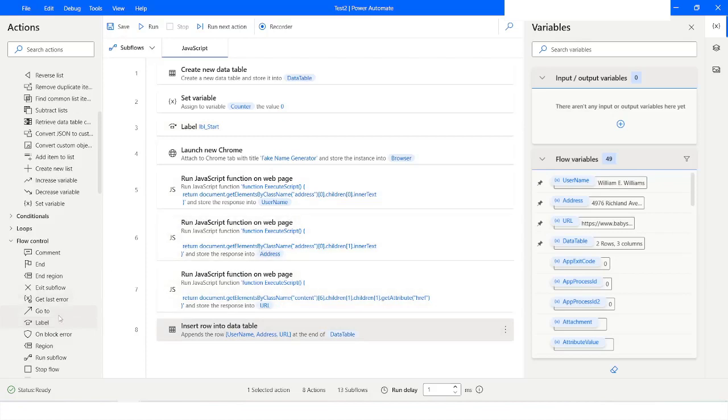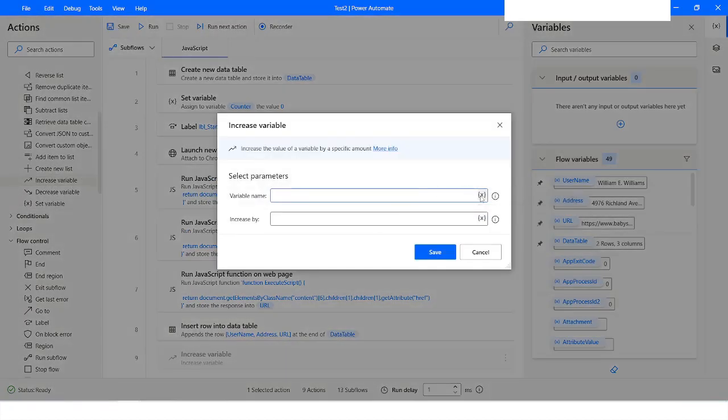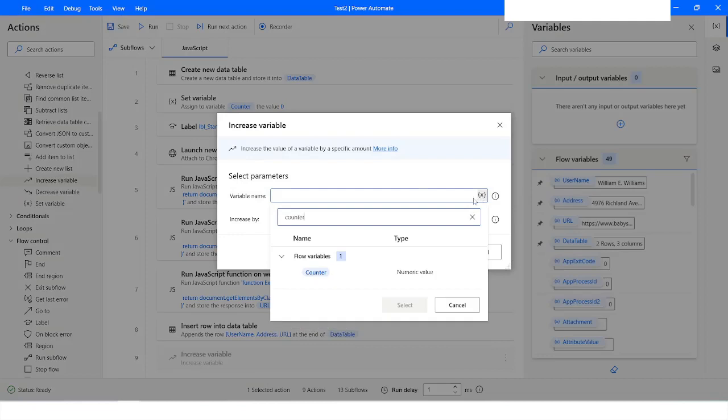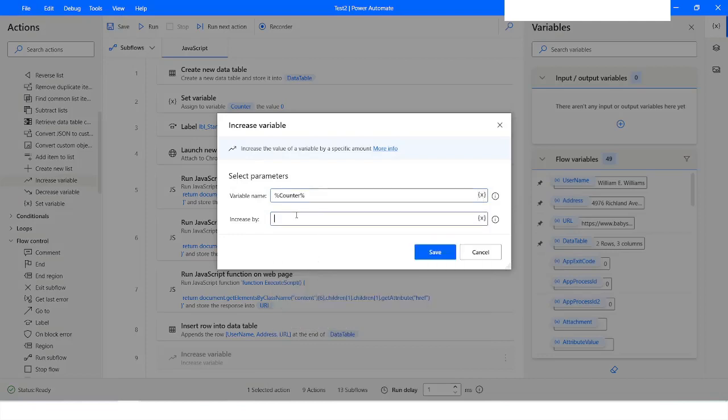Okay, and then I will use set variable again, or maybe I'll use increase variable. I'll specify the variable name as counter, and I'll increase it by 1,